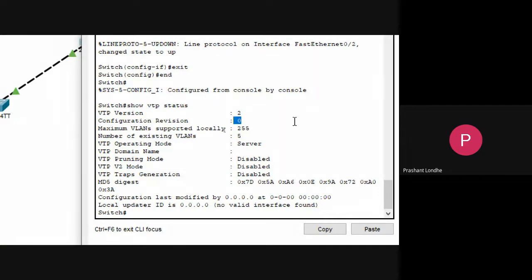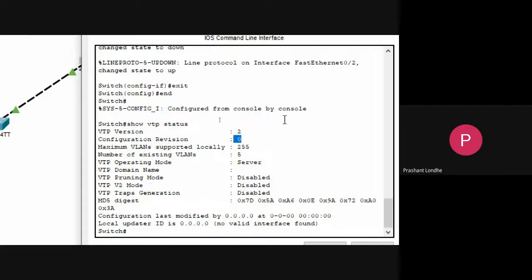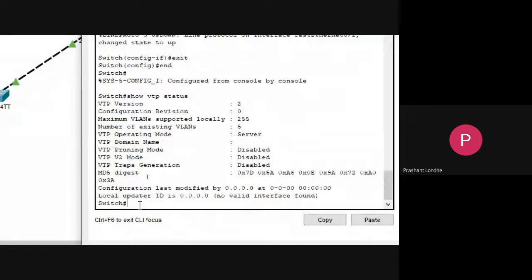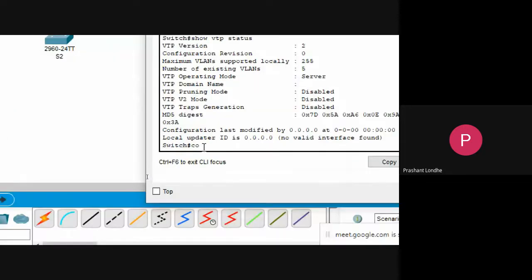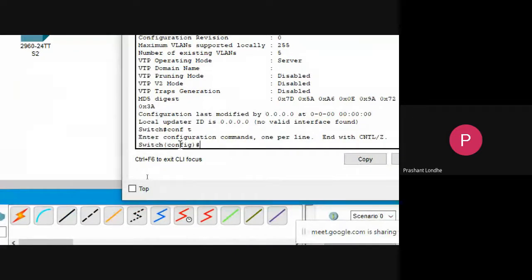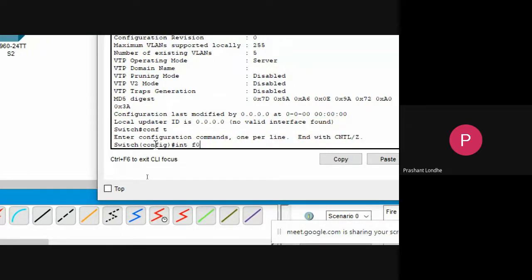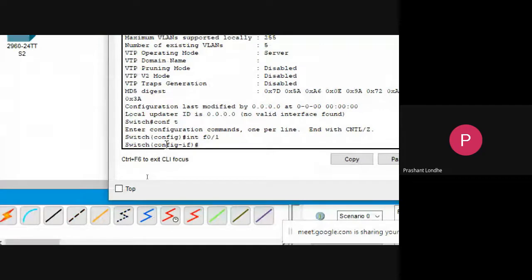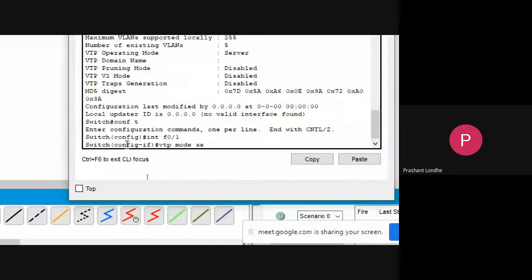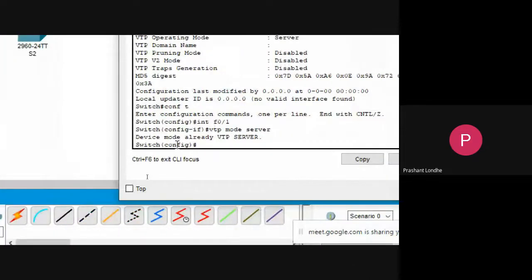Now let us make some changes. Let us go back into the configuration mode. Then we need to configure the port F0/1. So interface F0/1, then VTP mode server. The device mode is already VTP server, so basically it has been accepted.